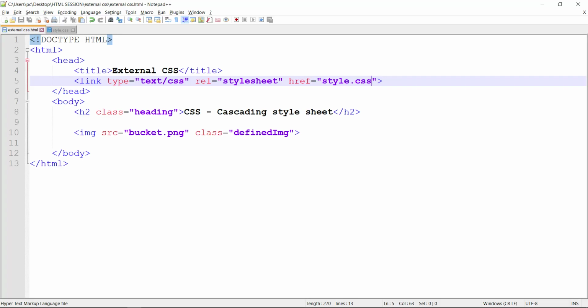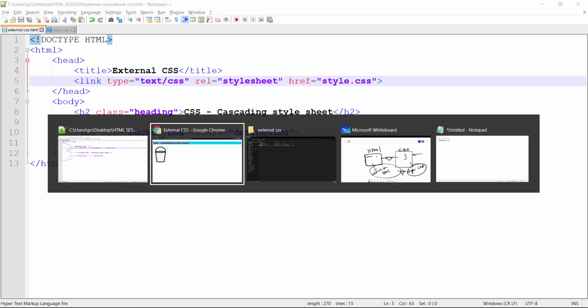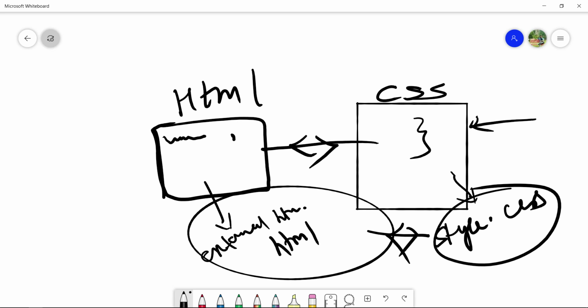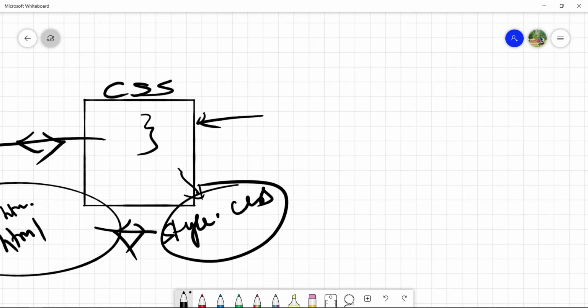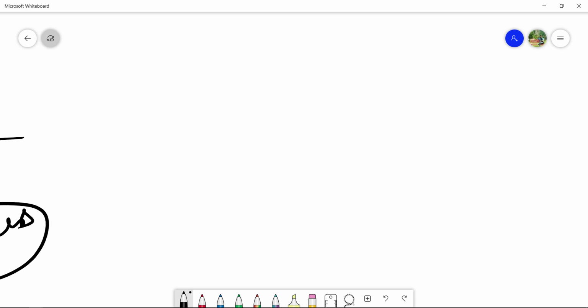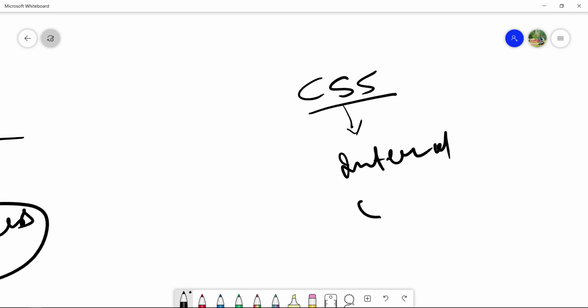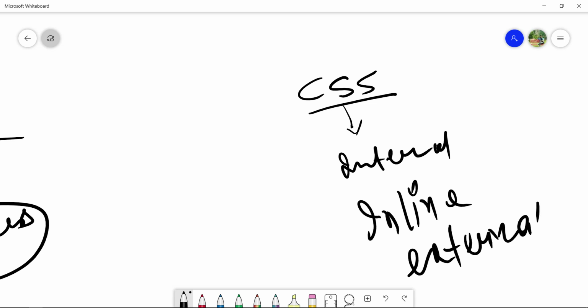I think we have covered internal and external CSS and inline CSS also, means we have covered internal, inline and external, all types of CSS styles. Okay, so do practice, guys.